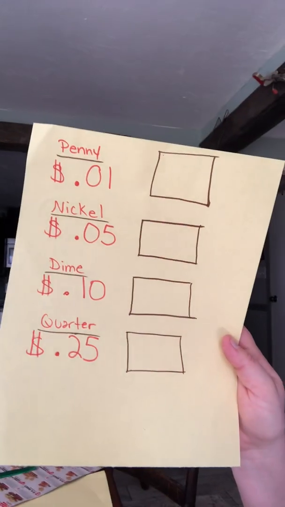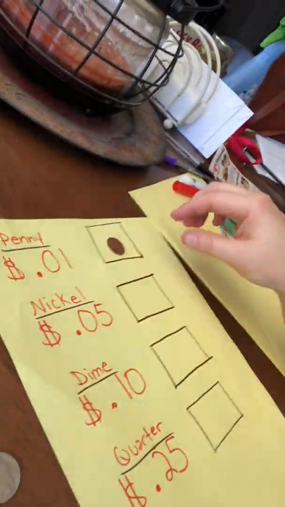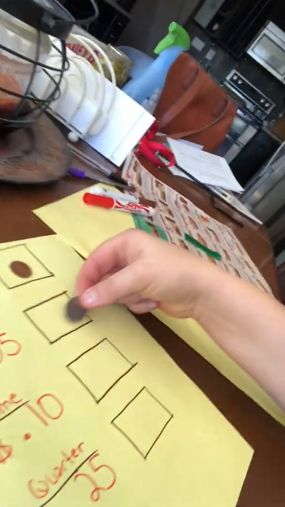If your students are really having a hard time with identifying coins, you can just start off simple. I have this piece of paper here. Well, I think it's going to be backwards to you right now, sorry. But on the paper, it shows the number value as well as the name of the coin and a dot or a blank space that they can simply put the 1 cent piece in the box for 1 cent, 5 cents in the box for 5 cents, and so on and so forth, just to help them recognize the values and to see them. One last thing, if your students are a little higher level,